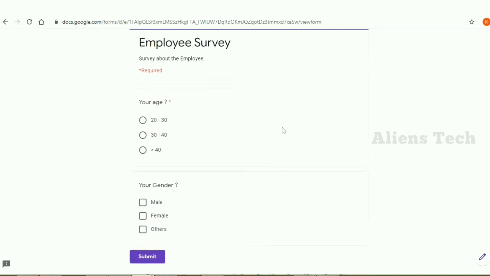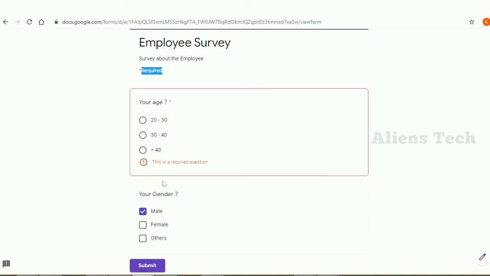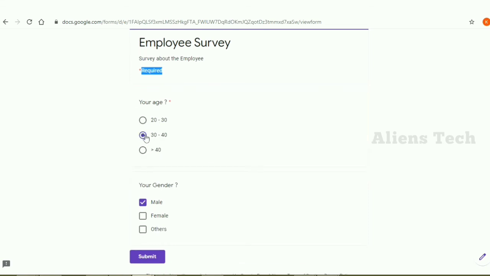These questions I have added in the questions page, and here you can see that red symbol. That is nothing but a required option, and this question cannot be skipped, whereas the second question can be skipped. For example, I'm clicking the second option and clicking submit, and it is asking for the required question because I have marked the first question as required. So this is the usage of the required symbol.